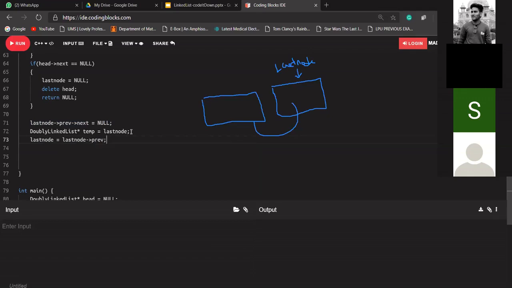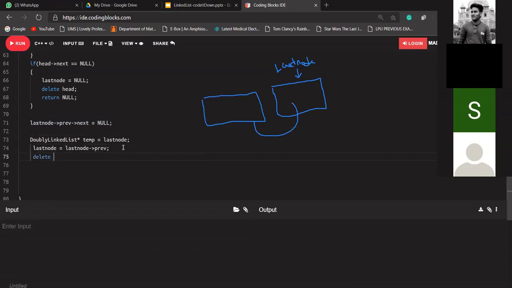points to last node's previous. So if I write this here, the last node will now be pointing to this node, because I'm saying last node will be last node's previous. And how can we find the address of this? We will lose the address of this. So before updating last node, let's store last node into temp and update the address of last node equal to last node's previous, and delete this temp node. Okay, Ashish, I think now it is clear to you,